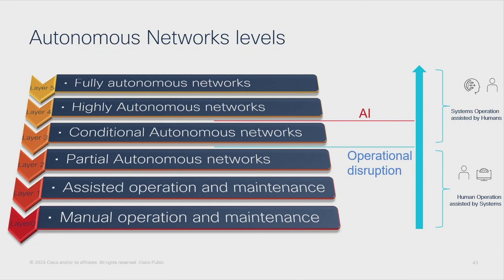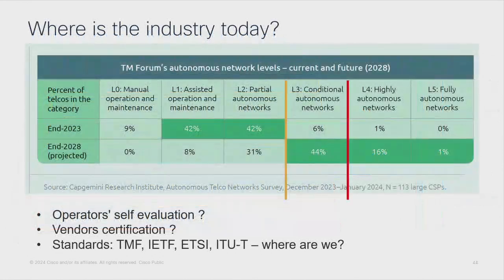And then another key step where everyone is working these days is between level 3 and 4, where we move from conditional autonomous networks to highly autonomous networks, basically where AI and machine learning kick in. The first thing that I asked myself when I started working in this area was, okay, where is my portfolio